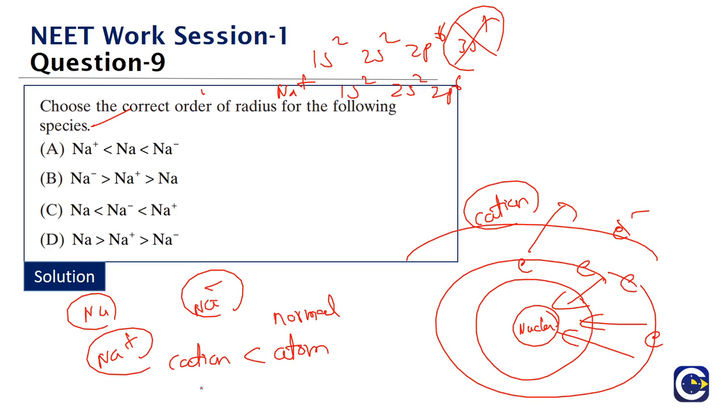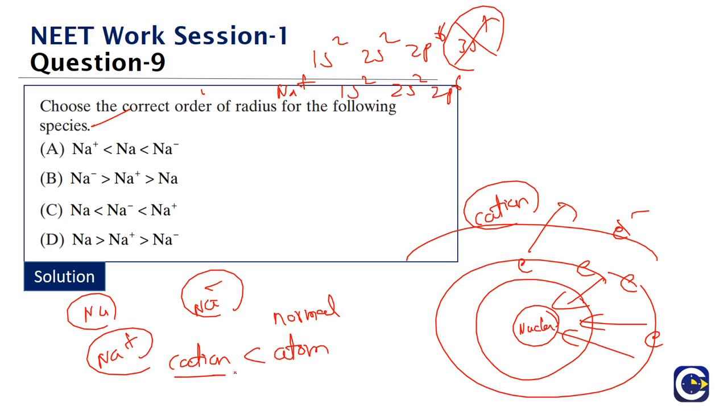But generally, for a cation, the moment we remove an electron, the nuclear charge will be more than the number of outer electrons. So the electrons will come under more influence of the nucleus, and the valence electrons also will come under more influence of the nucleus. Thereby what happens? Thereby we will see that the size will be shrinking. So cation will always be lesser in size than the normal atom.